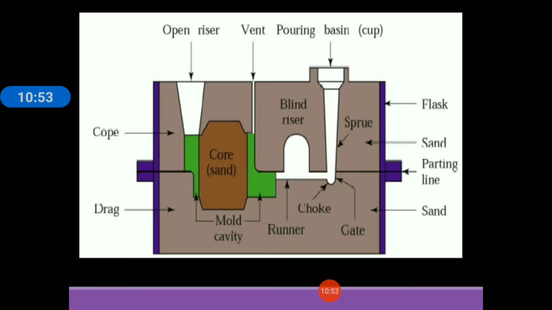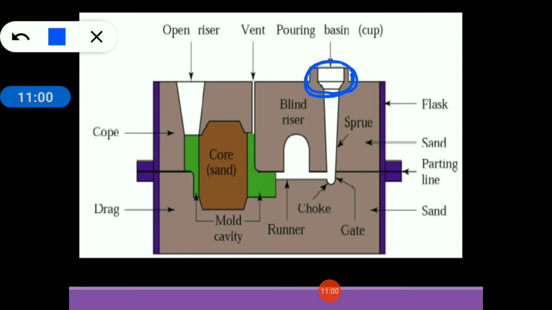See in this figure, here this is the entrance of the gating system. So this is a reservoir of molten metal. Through the ladle, suppose this is your ladle, a ladle is an equipment through which you can fill up your molten metal from the furnace. So here our molten metal is there.